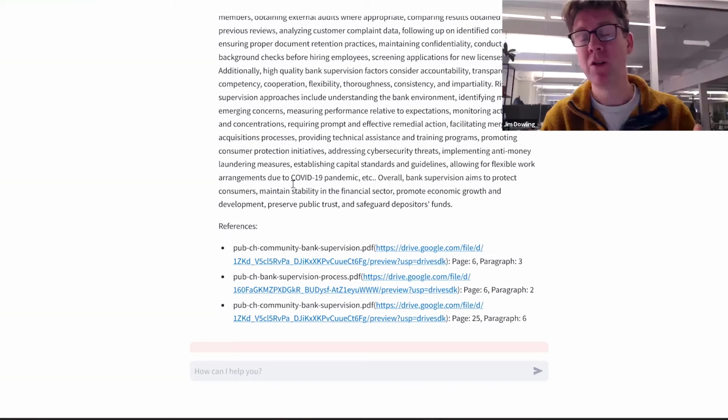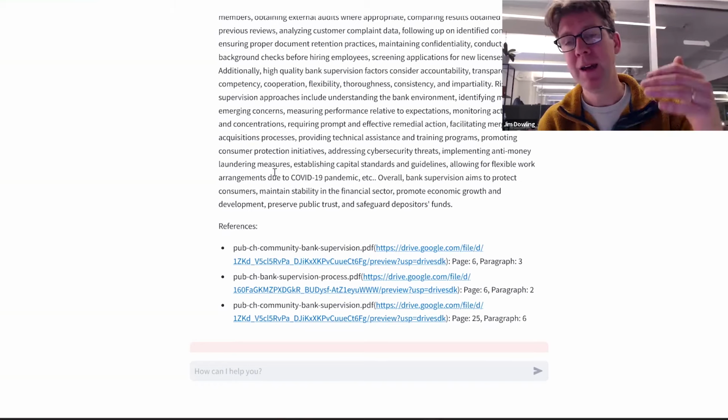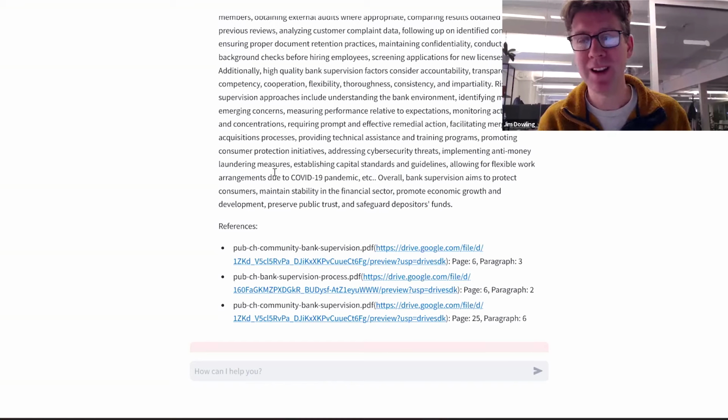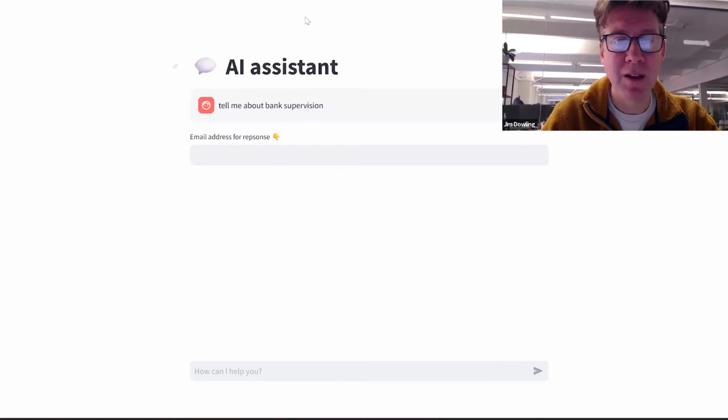You can get it to respond very consistently, in a consistent manner. Often you can do that with prompt engineering, but it's often a bit more work. Okay, so